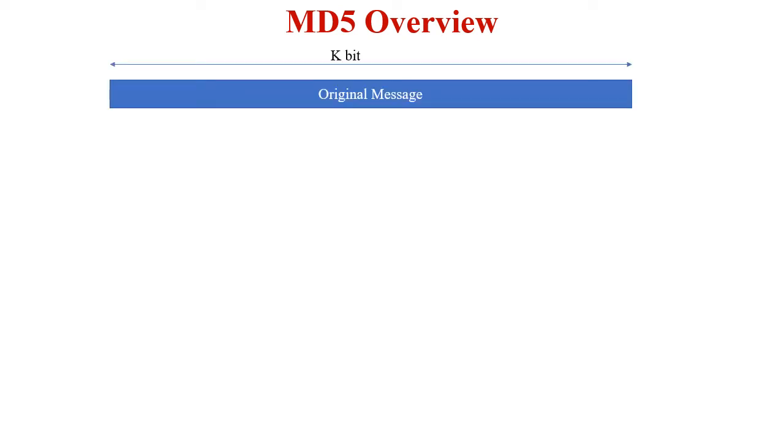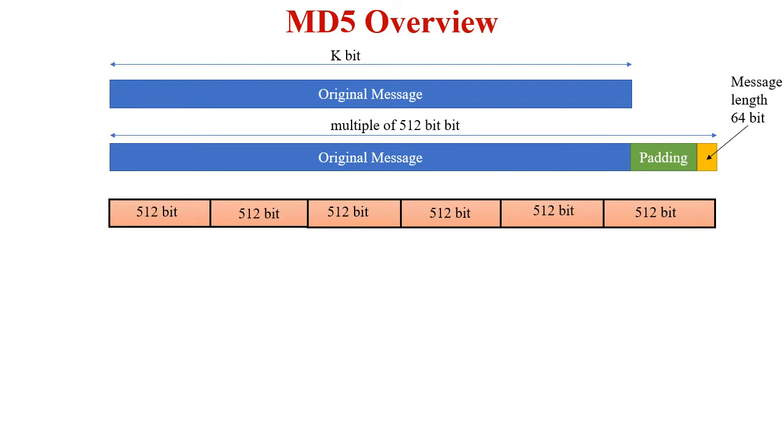Before applying the MD5 algorithm to any arbitrary length message, first we have to pre-process the message. So this is the original message of k bits long. Any arbitrary length message can be used. After that, we have to append the padding bits so that we can make this original message a multiple of 512 bits. Just like in a block cipher, where we have a specific block size and we have to make the message a multiple of it. So here we are making the message a multiple of 512 bits by adding some padding bits to it, and the last 64 bits are reserved